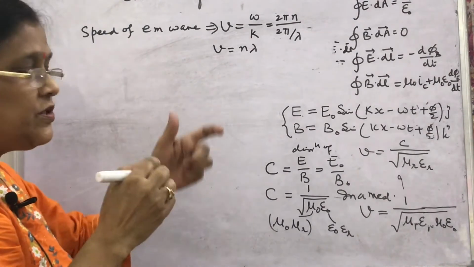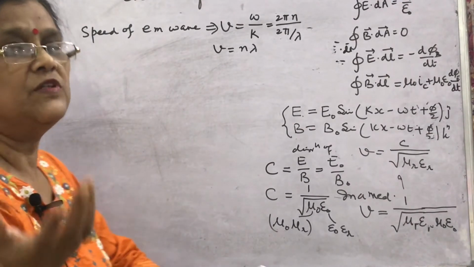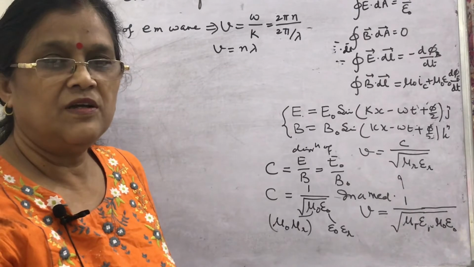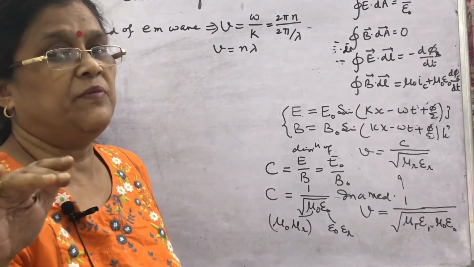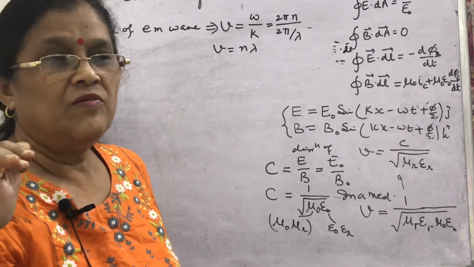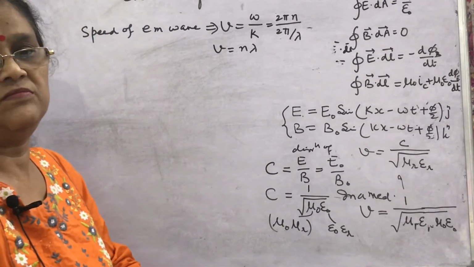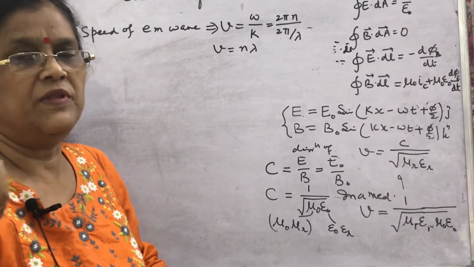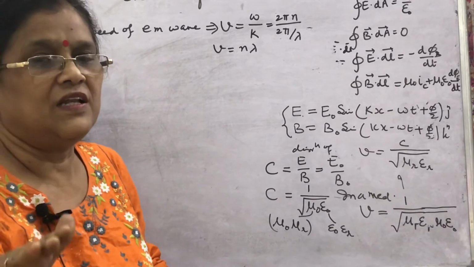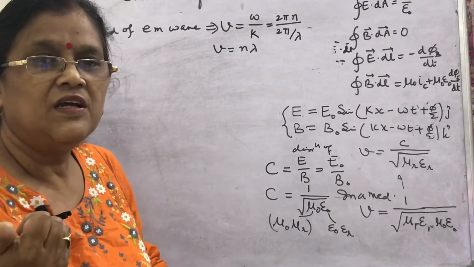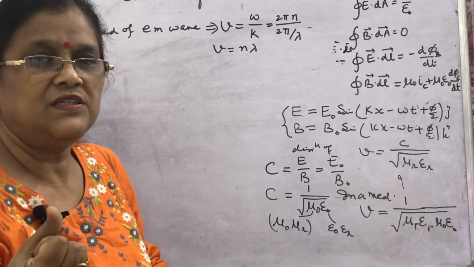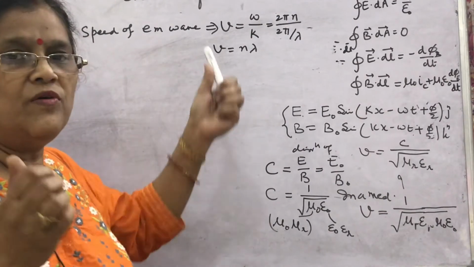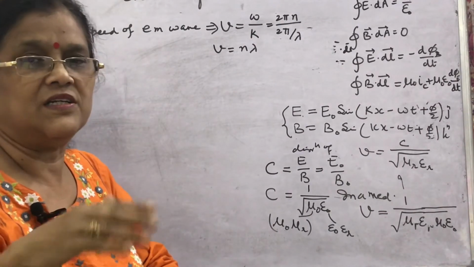What is the frequency of EM waves? The frequency of the oscillating charge. Where is the charge oscillating? In the LC oscillations we have seen. What is the frequency? 1 by 2 pi under root LC. From where does the energy propagating in the EM wave come? From that source where the accelerating charge receives its energy. The accelerated charge has some source of energy, and that energy is propagating in the form of EM waves by the accelerated charged particle.